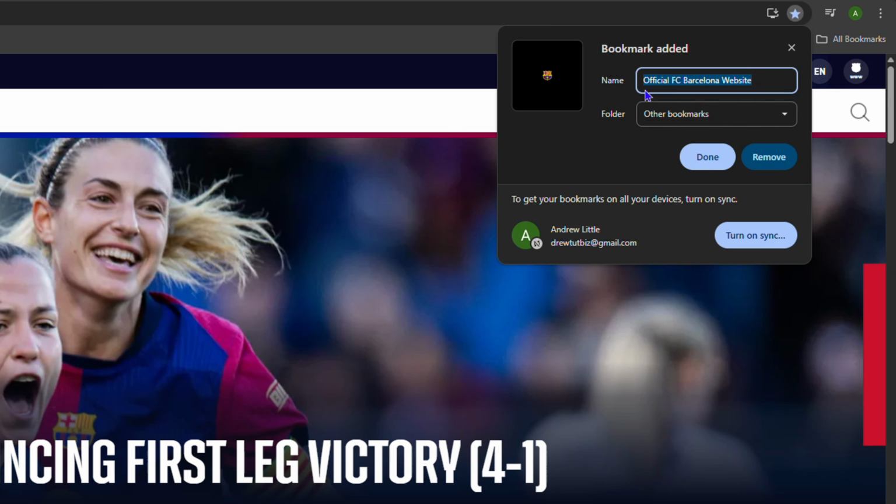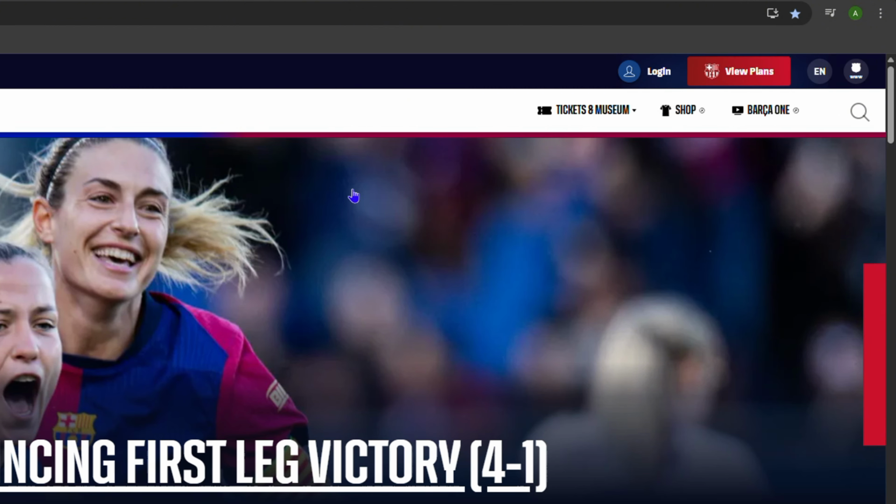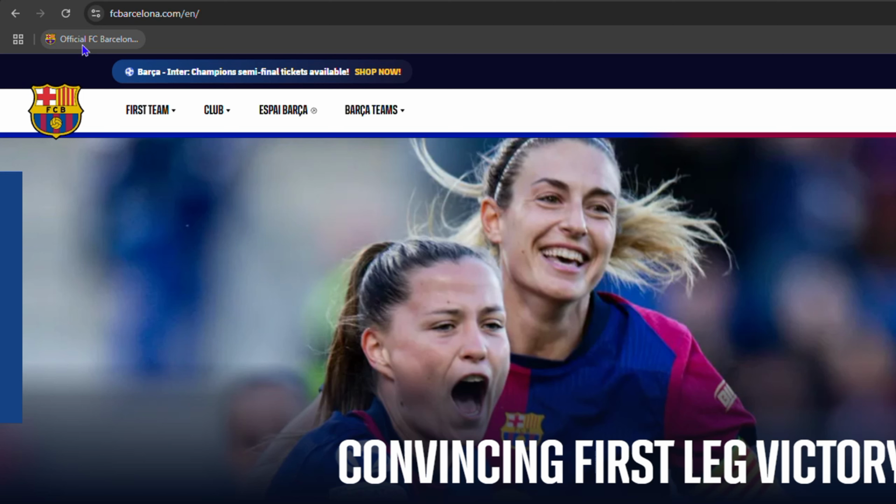Before you bookmark, you want to ensure that you choose, for example, bookmark bar. If you want to create a folder, it's really up to you. For the purpose here, I'm going to keep it simple and choose bookmark bar. Click and done. Now as you can see, immediately it shows on the bookmark bar,